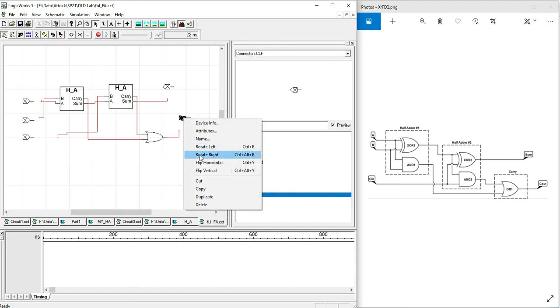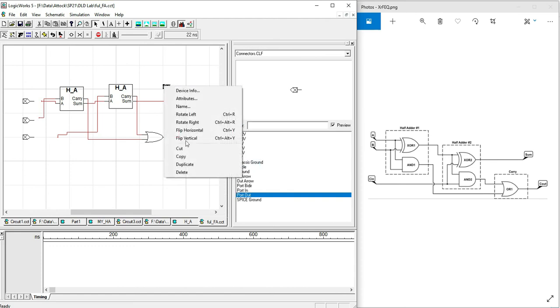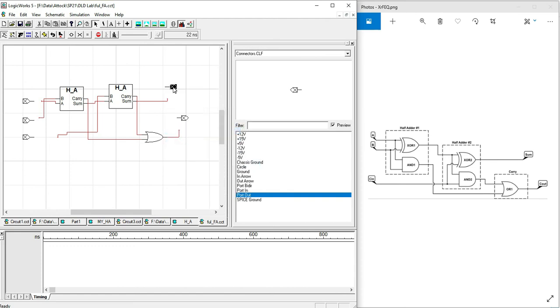We can flip it horizontally and we can simply connect it to the output. So our connections are completed.